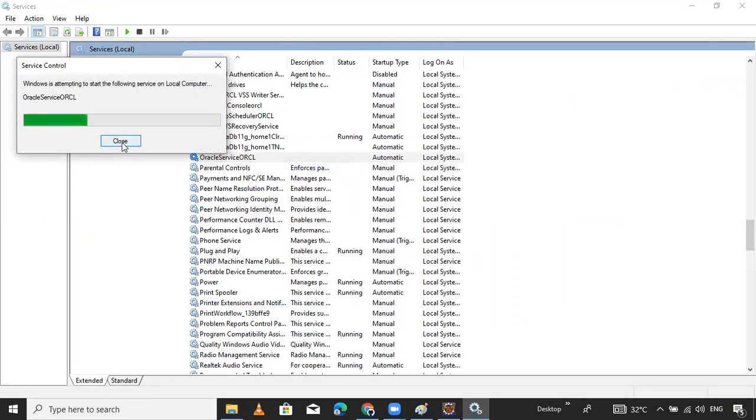So run the services. The first service is Oracle service ORCL, and next is the TNS listener. These two services are very, very important. They should be in running mode. So this example is going to be very important and very interesting.